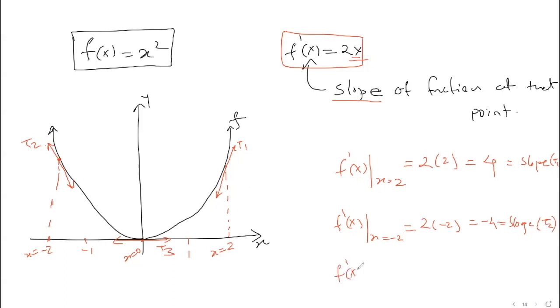And what is f prime of x at x is equal to 0? It is 2 times 0, which is, well, 0. And that is the slope of tangent T3. Yeah, that's the correct name. So T3 is a horizontal line. So definitely the slope is 0. So this is your first principle of differentiation. Very powerful technique, and it lets us find the slope of any curve, which was the challenging part that we have addressed using the concept of limit and the first principle.